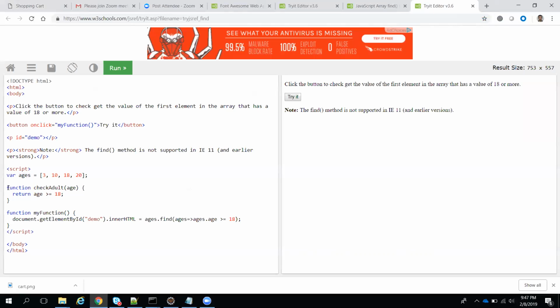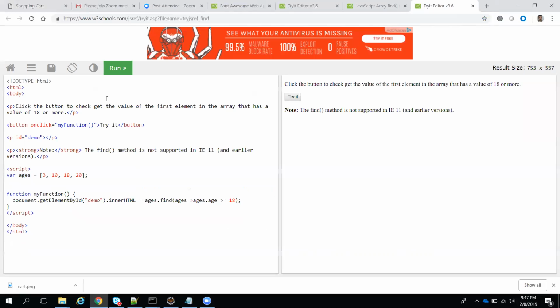It will give the same output. I will remove this. In a single line we can make it.